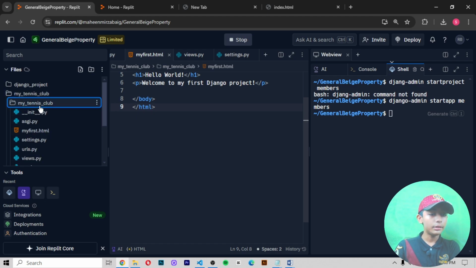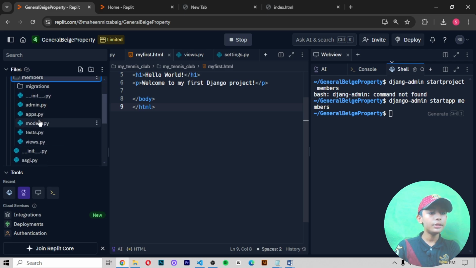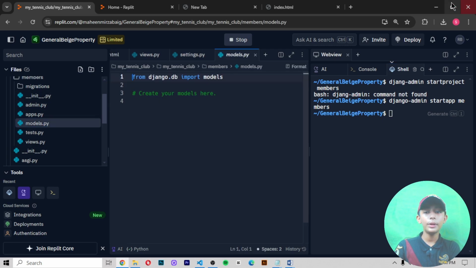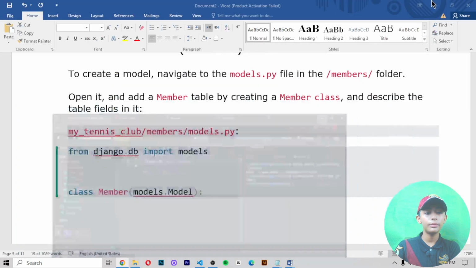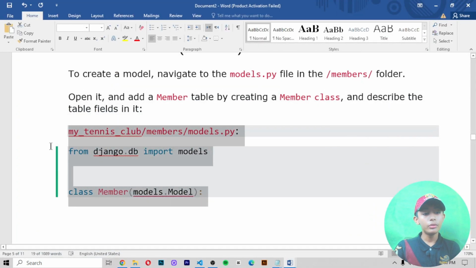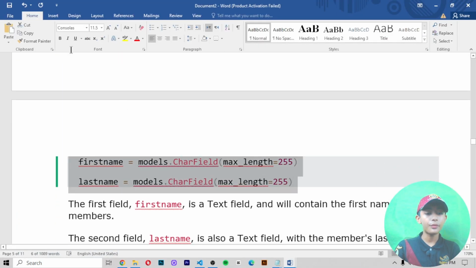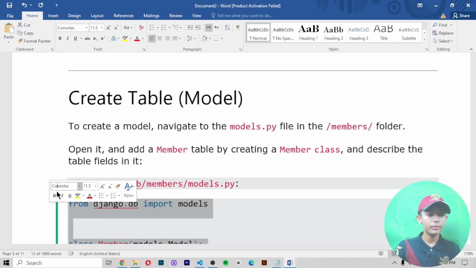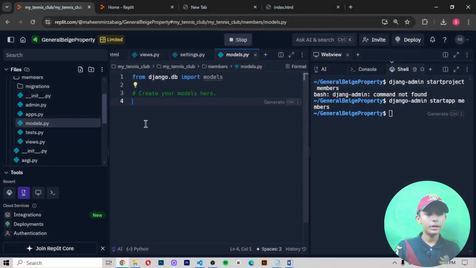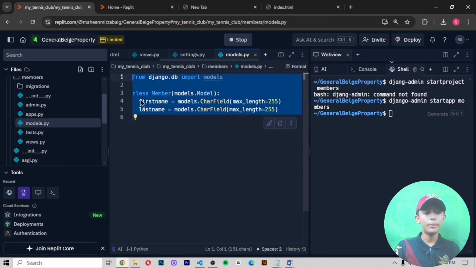Then replace it in the my tennis club project. There are so many files here, and in them there is one models.py file. In that file you paste this type of code. Let me show you. Here you can paste this code in the models.py file.